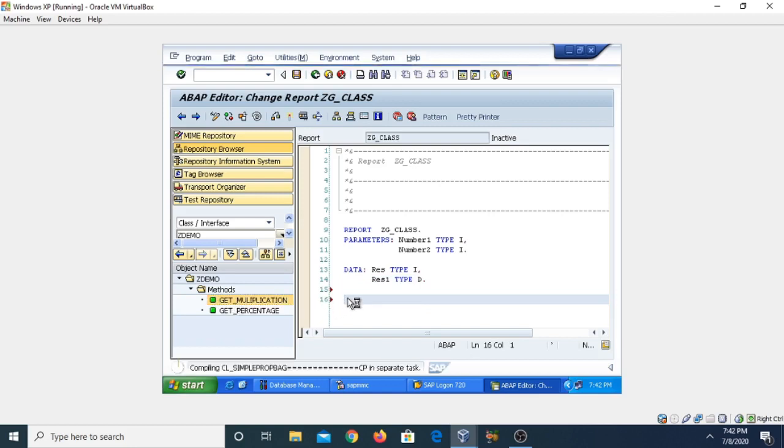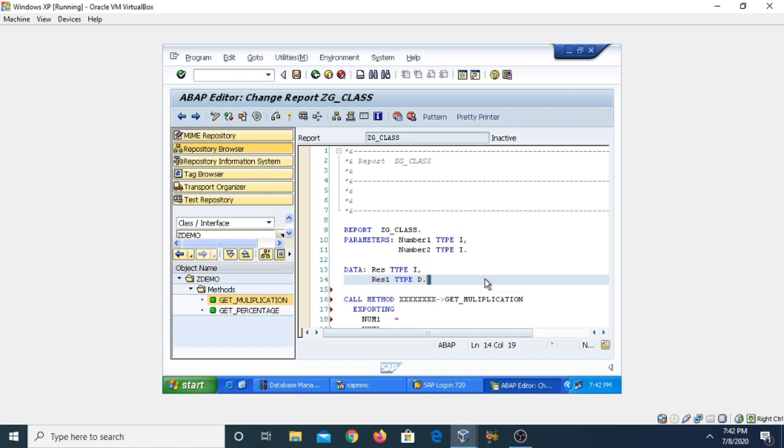When you drag and drop the method from the left panel to this one, it automatically creates some lines. As you can see, we are calling the method, so we need to define the object first. The object you can create with the help of create object.